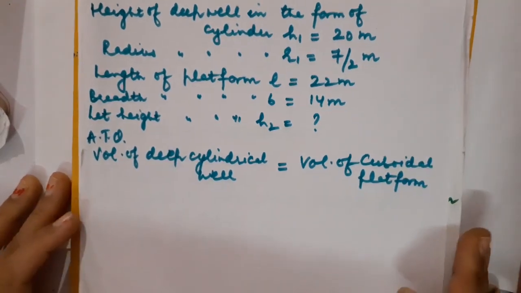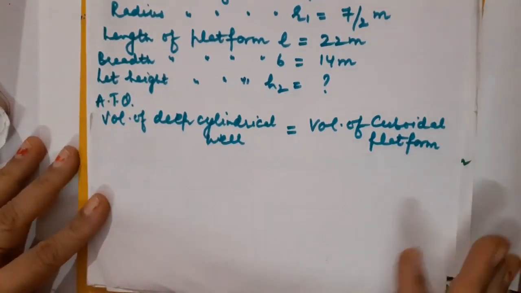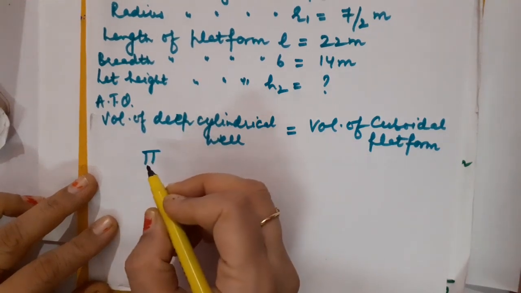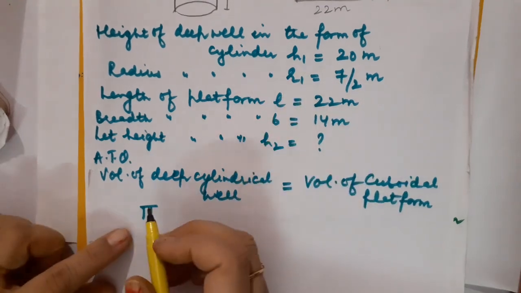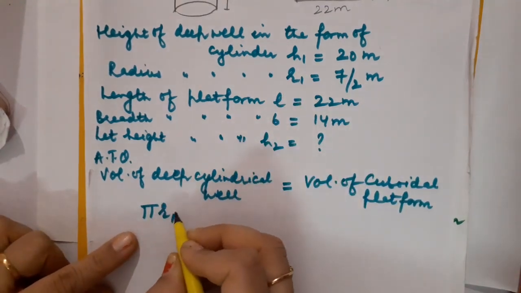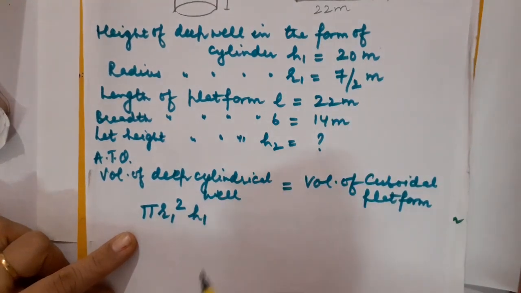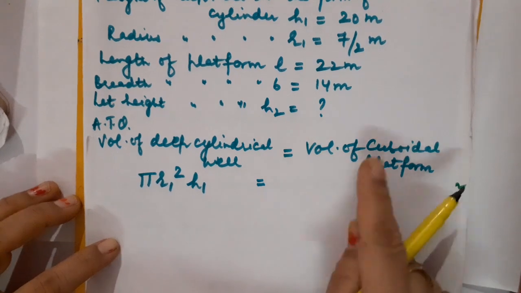Correct, children? So, how to calculate the volume of the cylindrical well? Let us recall the formula. This is pi r square h. But what is r of the well? That is r1. So I must make a change in the formula. Pi r1 square and height is considered as h1. So this is pi r1 square into h1, is equal to